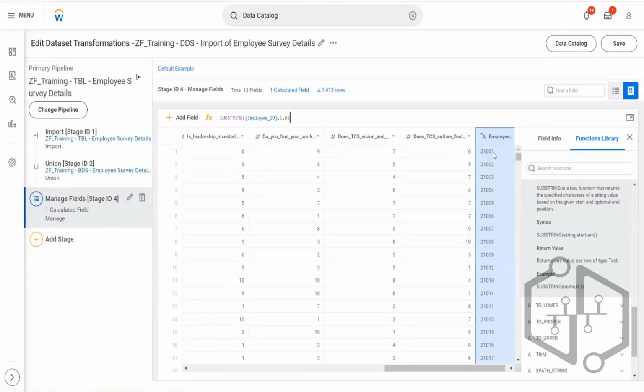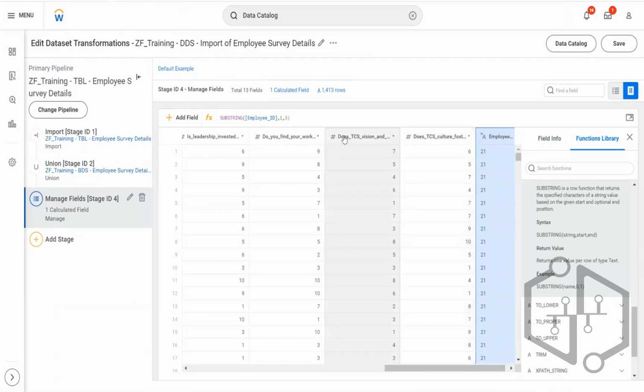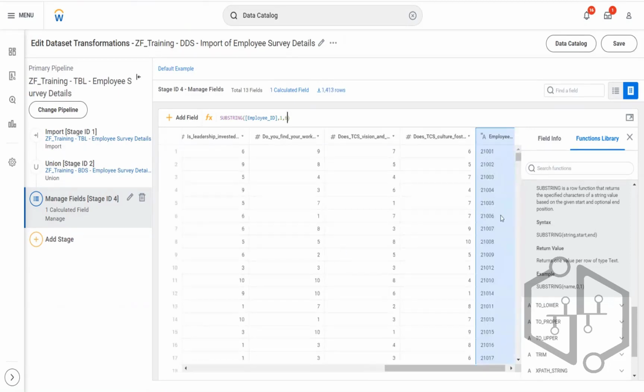1, 2, 3, 4, 5. If I change it to, let's say, 3, let's see what happens. I'll click on enter. Okay, so which means I have to get 6. All right. So this is my new calculated field that I have created. I'll go ahead and save my